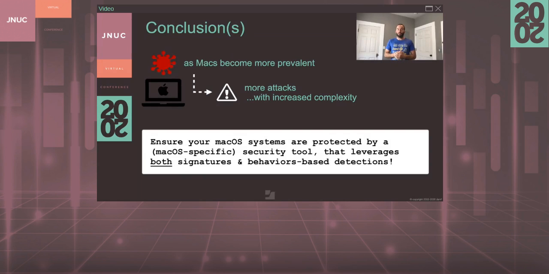So what is the win-win? Well, obviously, it's the combination of both. And that's why here at Jamf, in Jamf Protect, we have created a system that combines both strengths of signature-based detections along with behavior-based detections in a single platform that we believe can comprehensively protect the Mac from both current